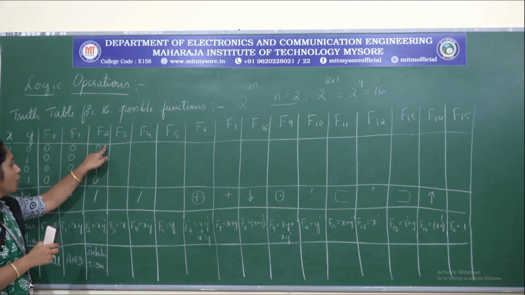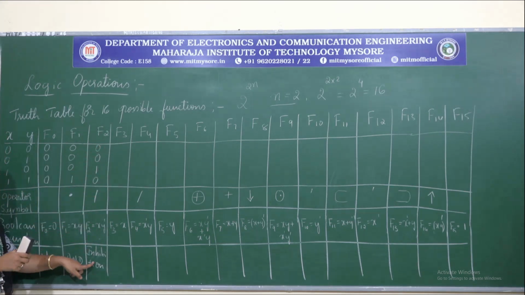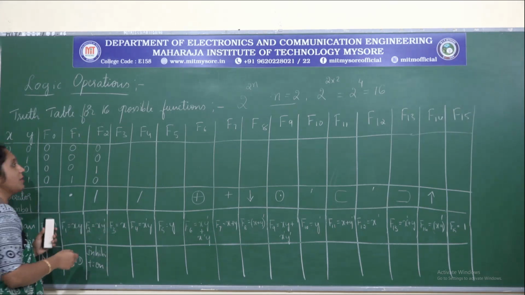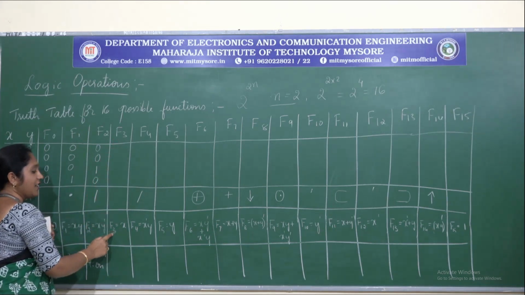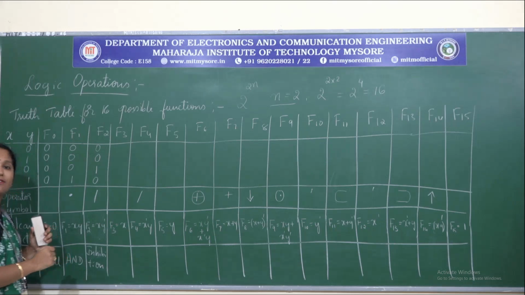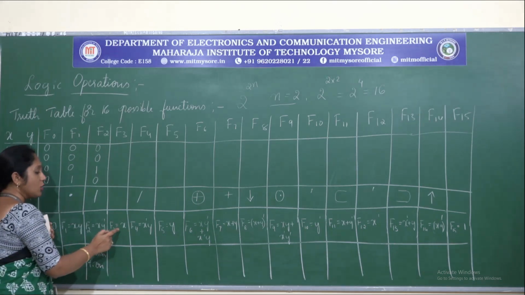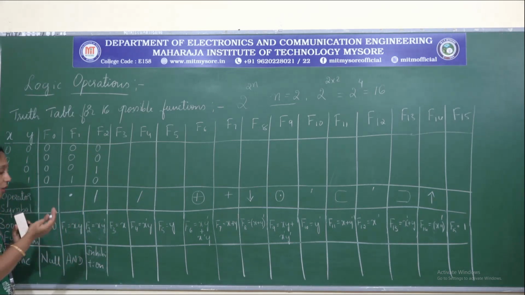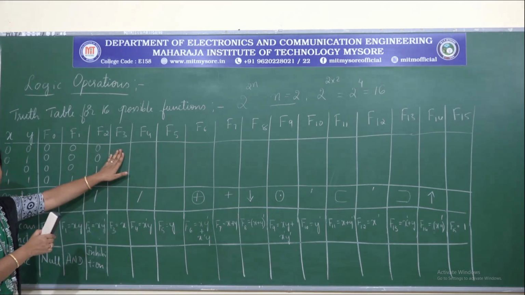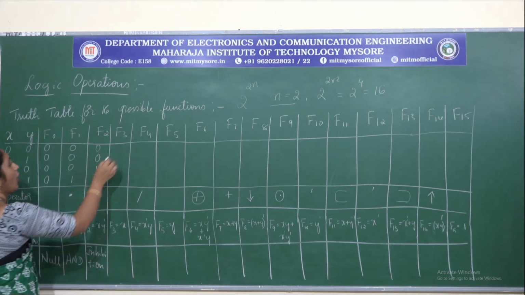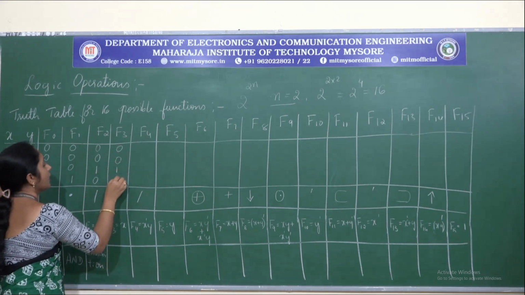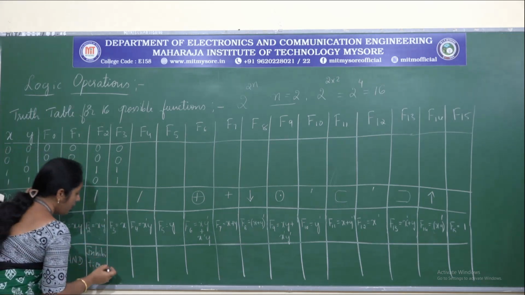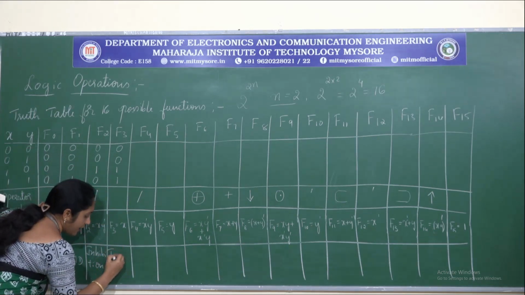Okay. So this is the output for this Boolean function and it is called inhibition. Now let us see the next possible function. Next possible function is f3 and the Boolean expression I have written for f3 is x. So now we are just transferring the value of x to the function. Therefore, we need to just copy x from the input side. Yes, 0 0 1 1 is x what we have. Now this is just called transfer